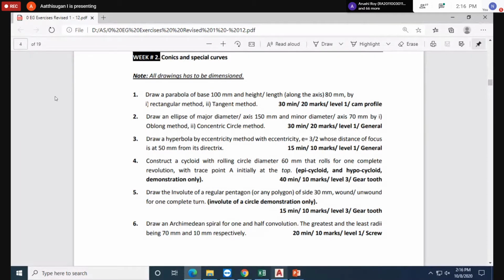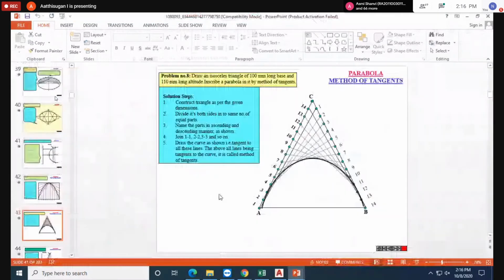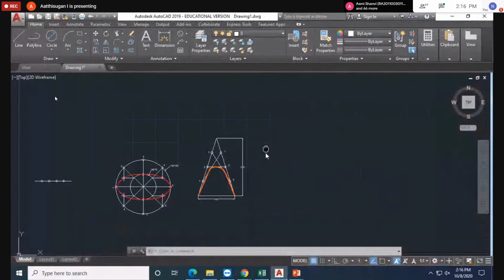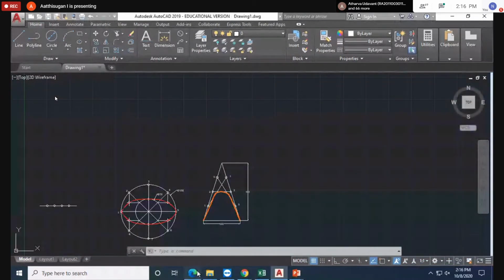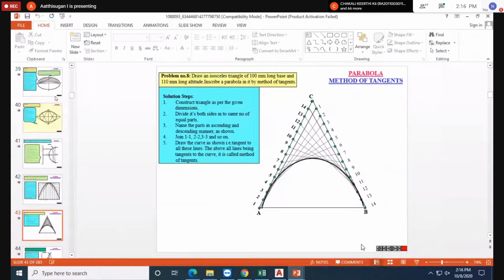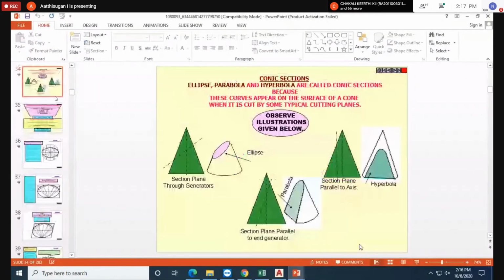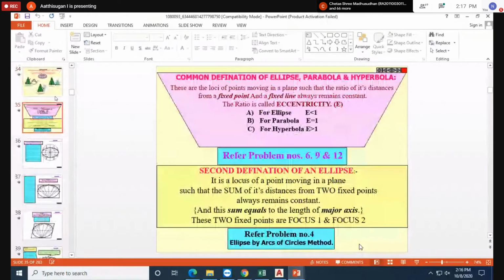The animation may be confusing, so I will explain first. Your question is about the conic using the eccentricity method. Eccentricity more than 1 means hyperbola, less than 1 means ellipse, equal to 1 means parabola. You have to remember that.